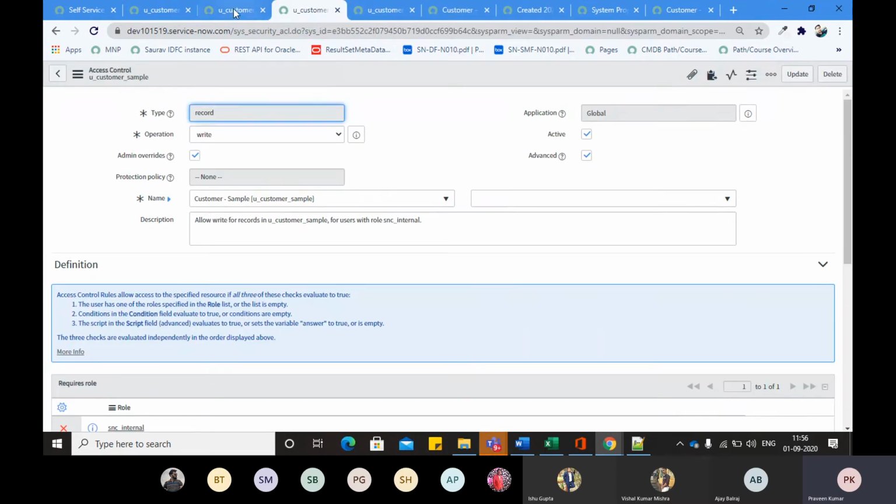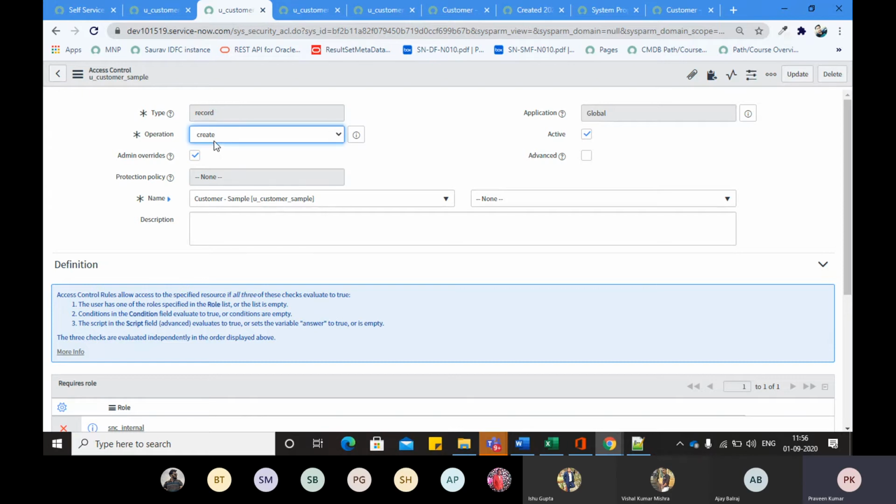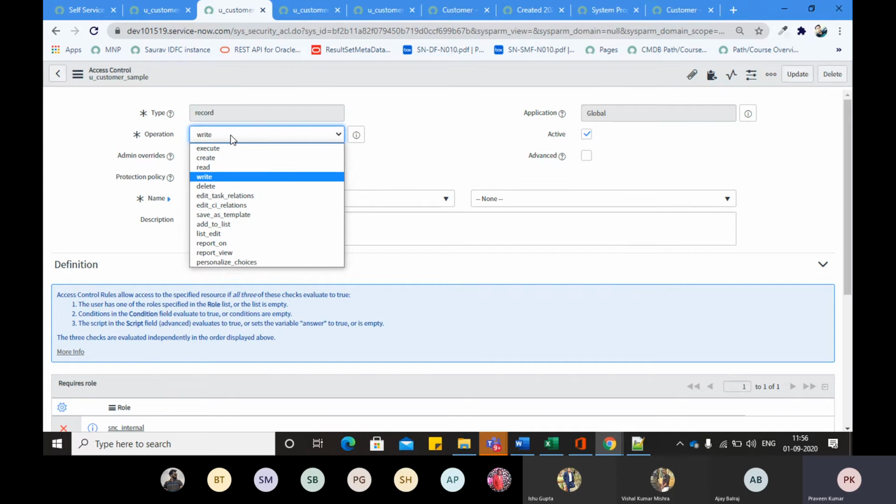So guys, this is the way we configure the ACL in ServiceNow, right? This is a very confusing topic, right? In a very crystal clear way I told you, but yes, it is a very confusing topic. Later when you come back, you may get confused. So do practice a lot for this specific topic. Now as I told you, you can create different types of ACLs. Different kinds of operations are also here, for example, list edit only, and report view. So many things are not related to you guys.